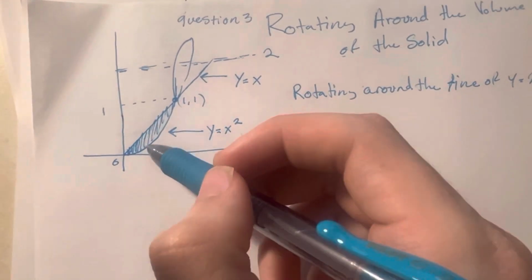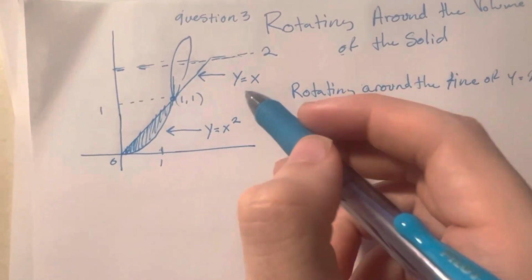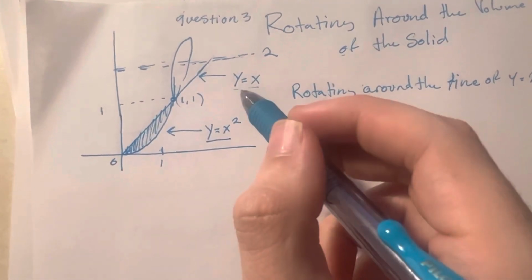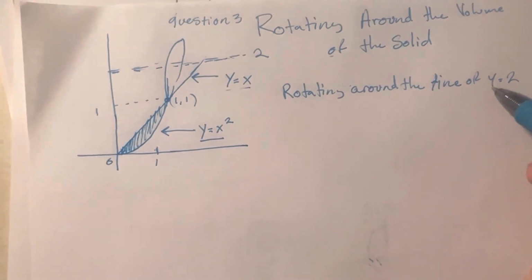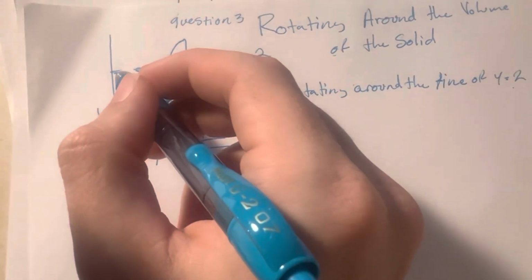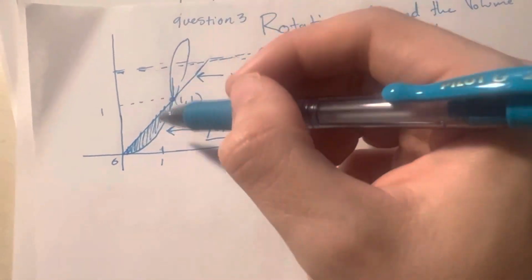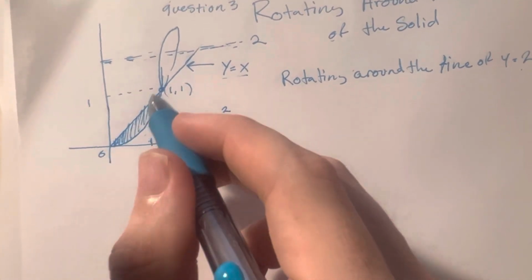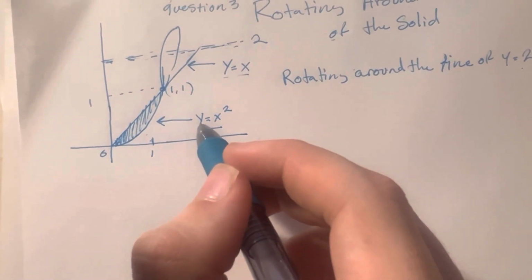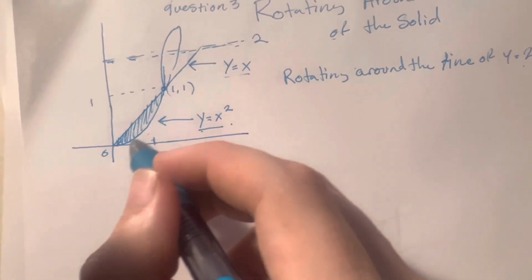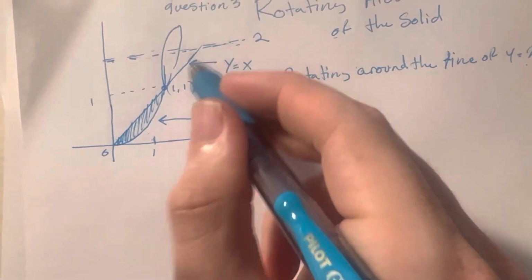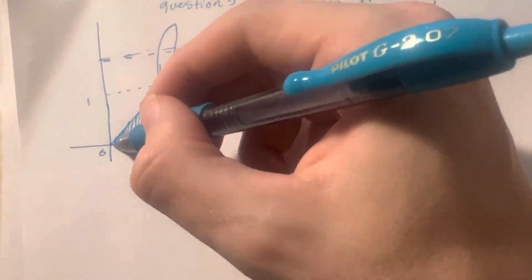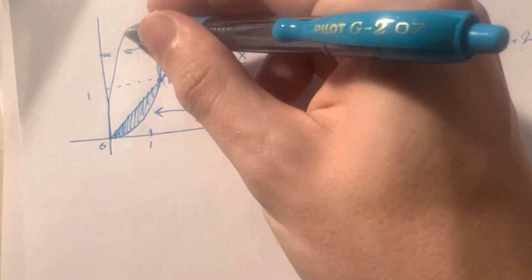So we are given an area bounded by two functions, y equals x and y equals x squared, and we are rotating around the line y equals 2. So this line here will be where we're rotating around. And I've taken the liberty of already labeling each of the functions. So y equals x squared would be this function here, and then y equals x would be this secondary function here. So then we would rotate the entire area around y equals 2,